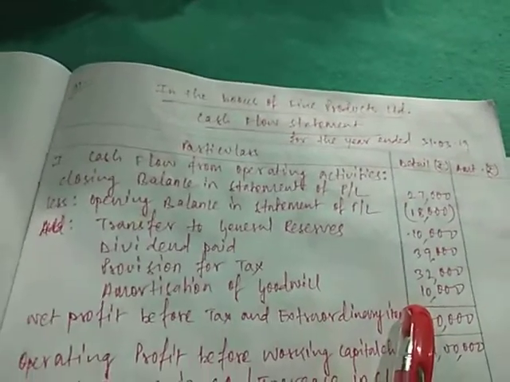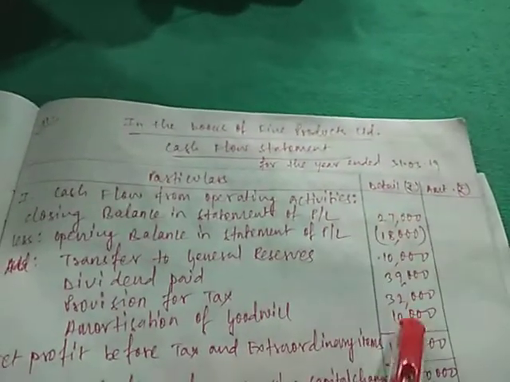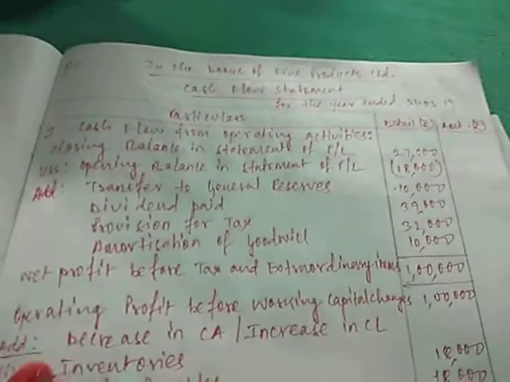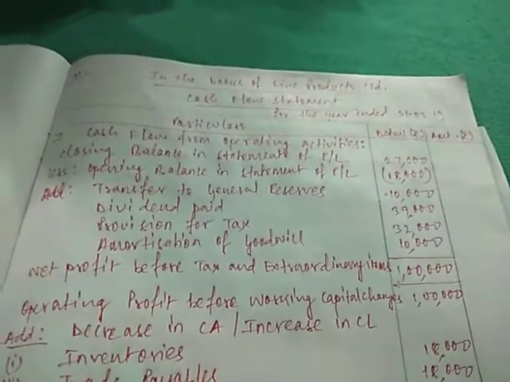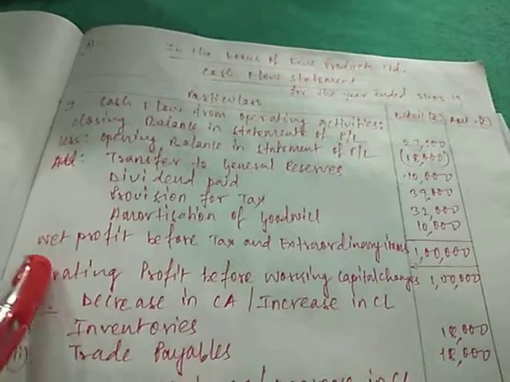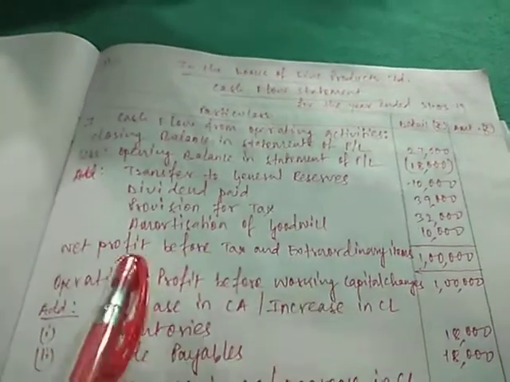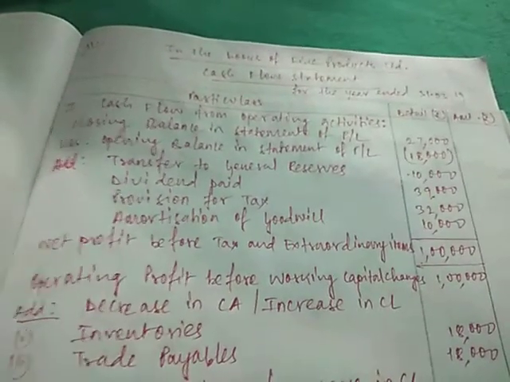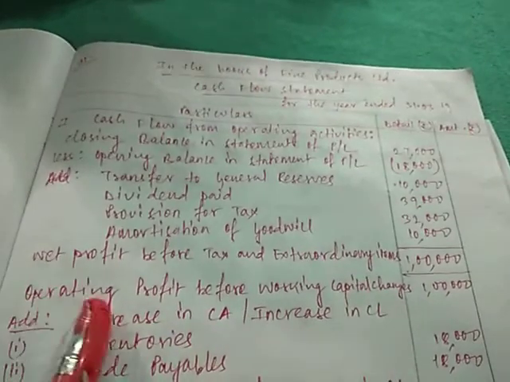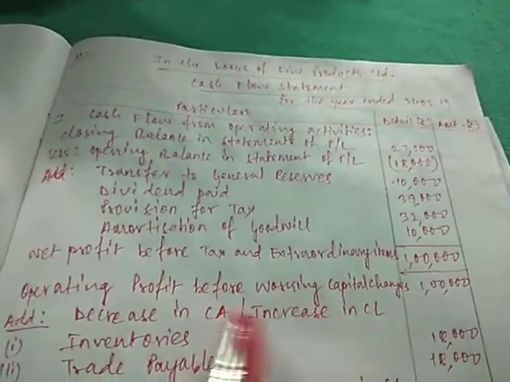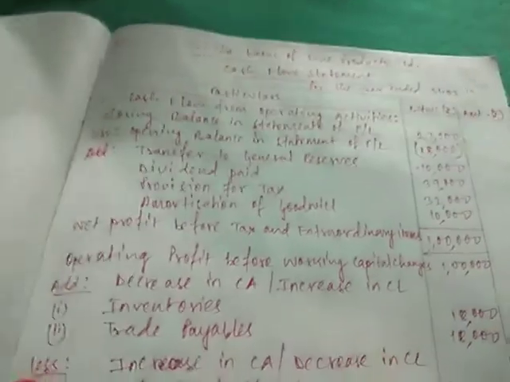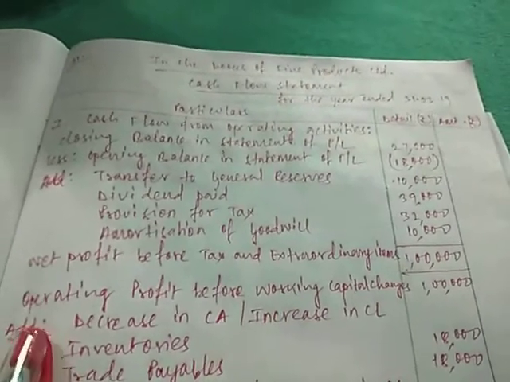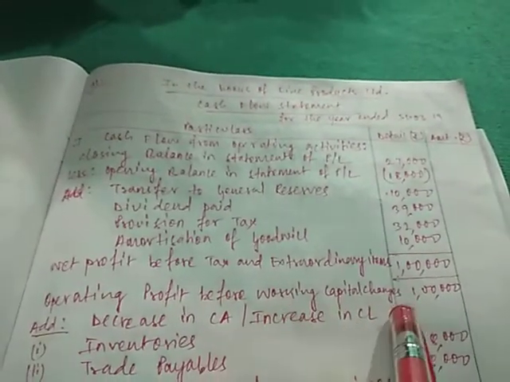After this, you will get the net profit before tax and extraordinary items. When you take the sum of all these items, it comes up to 1 lakh. That is the net profit before tax and extraordinary items. Since there are no non-cash expenses like depreciation and all, so it will also be the operating profit before working capital changes. From the net profit before tax and extraordinary items, you need to subtract the depreciation and all non-cash expenses, but since there are not, so we'll directly reach to operating profit before working capital changes. As I have said in the previous video also, when few items are not given, you don't need to mention those items and write 0 for that. You directly skip those items. Operating profit before working capital changes, that is 1 lakh.